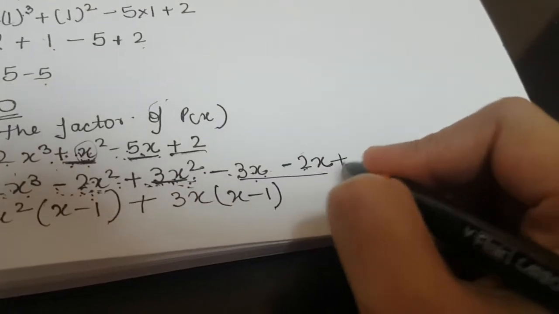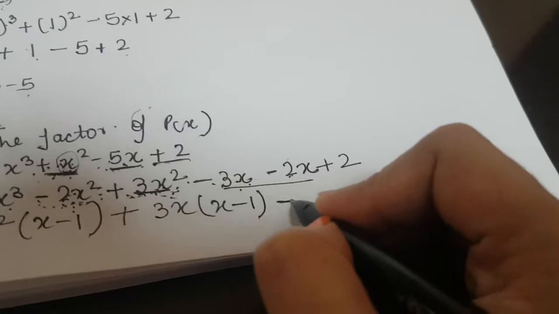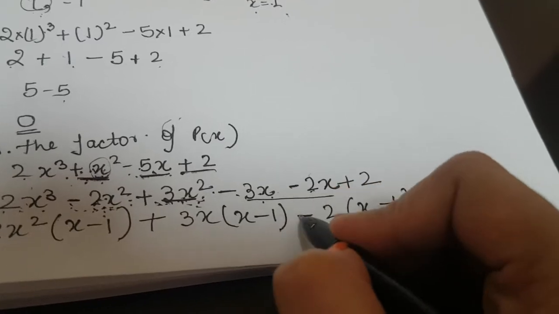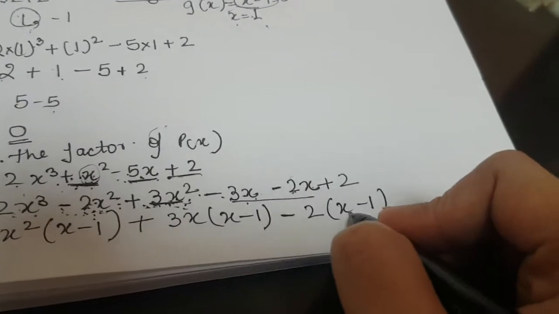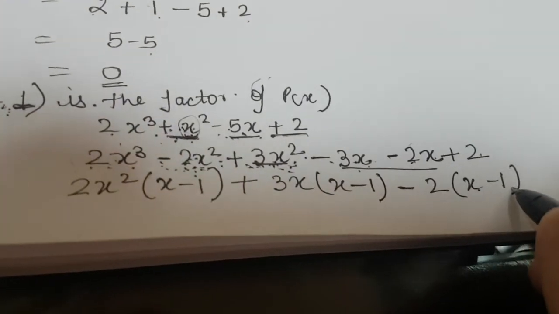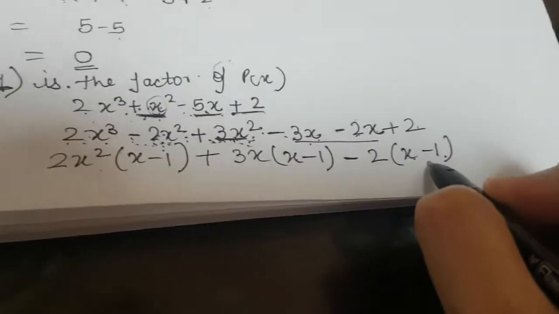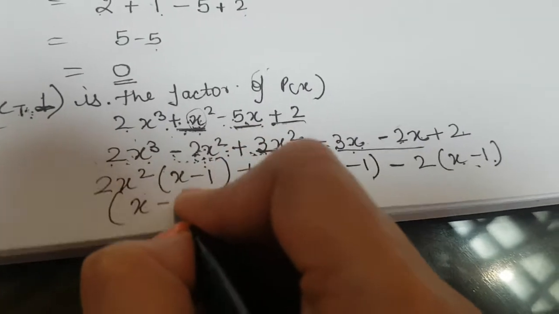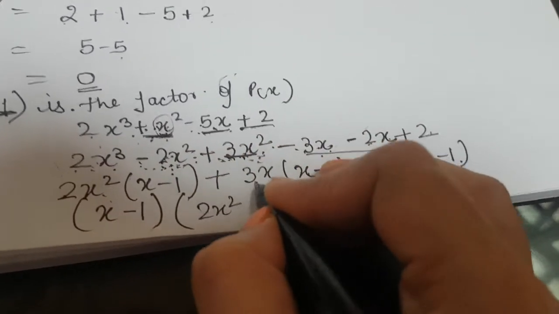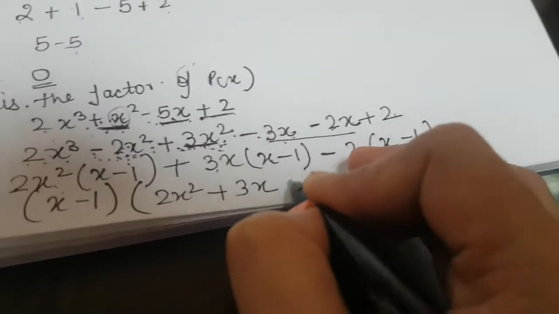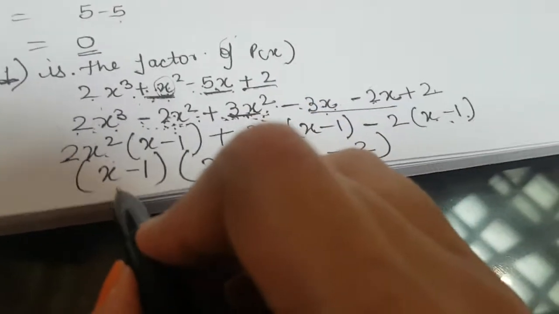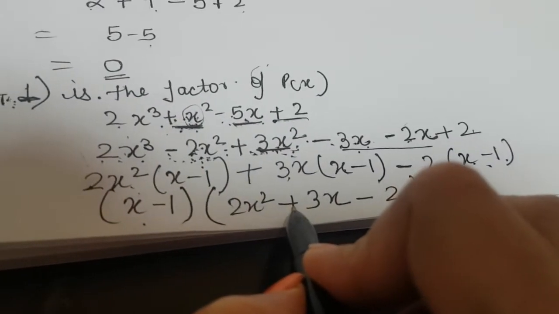Now this is left, so write this term also here. Again take -2 common, so x - 1 will be in the bracket. Why x - 1? Because we have taken minus common, so this term will become positive and this term will become negative. So now you can see we have got x - 1 in the 3 brackets. So now we will take x - 1 common. What will be left with this? 2x square. What is left with this? Plus 3x. And what is left with this? Minus 2.